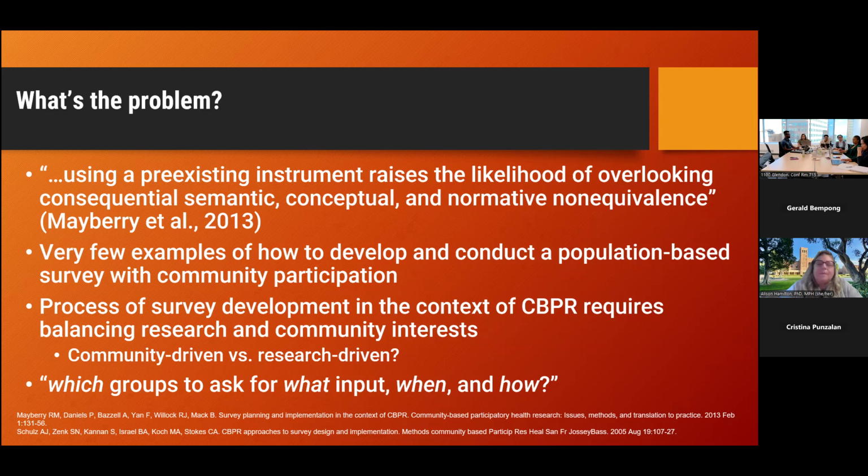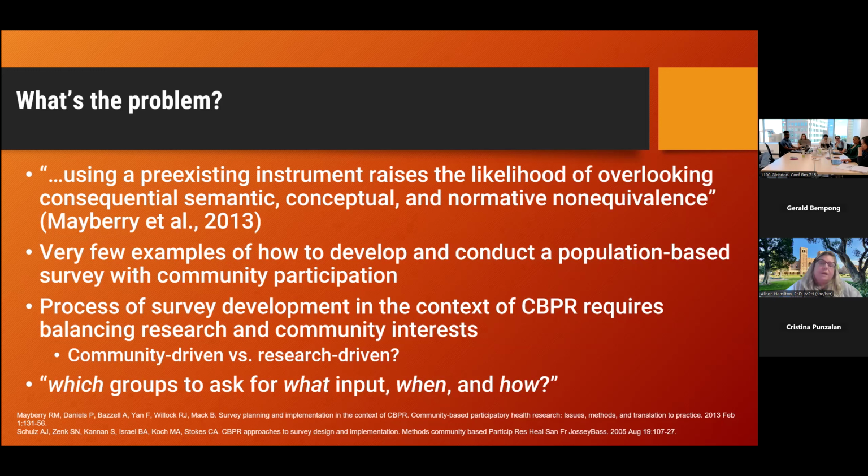And are we thinking about more of a community-driven than a research-driven process? Vice versa? Have we maybe approached things from a research-driven place and realized that we need to be more community-driven? But it's a really key question to ask ourselves as we're moving in this direction of survey development, which is whose lens are we using? What principles are we using? How much do we know about those principles, especially if we are not from and of the community where we're